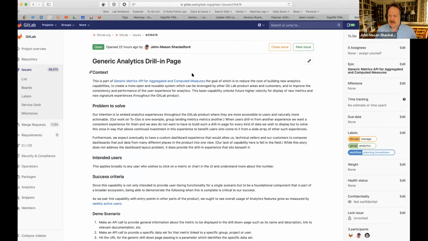If I were to click on a widget that had a metric in it or a little sparkline graph embedded somewhere else, it would take me to this page where I could see the full-size chart and the data table beneath it, such as we're doing in issues analytics today. So we're working on refining this issue